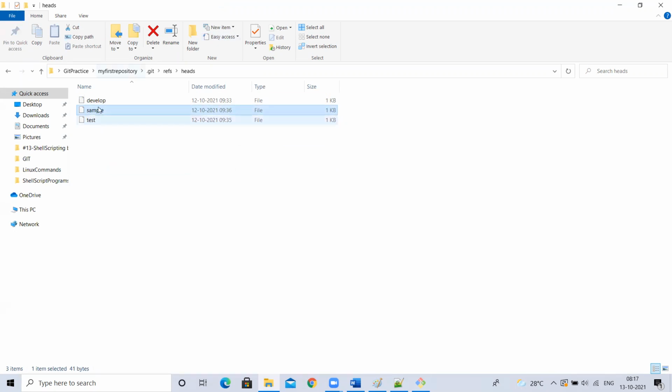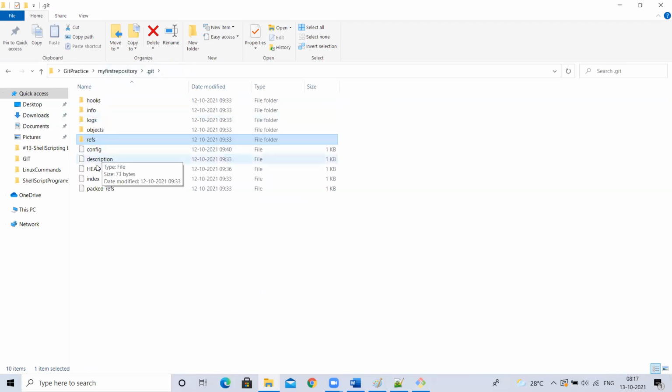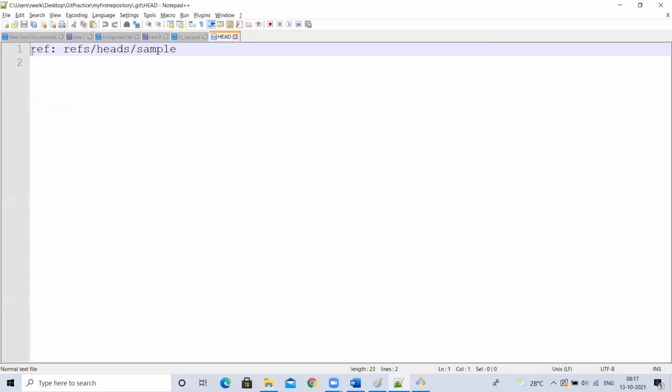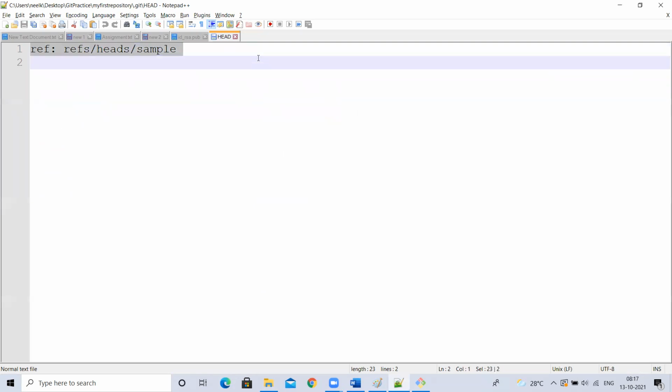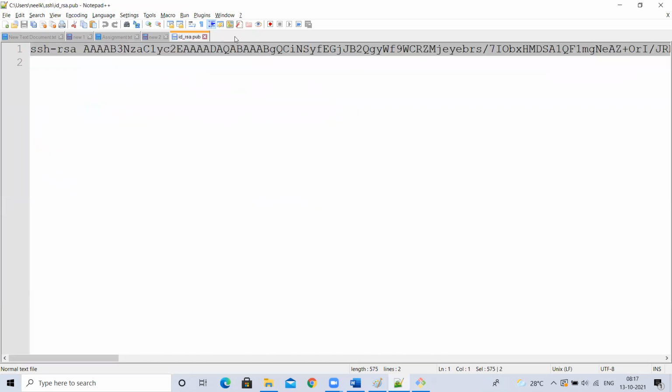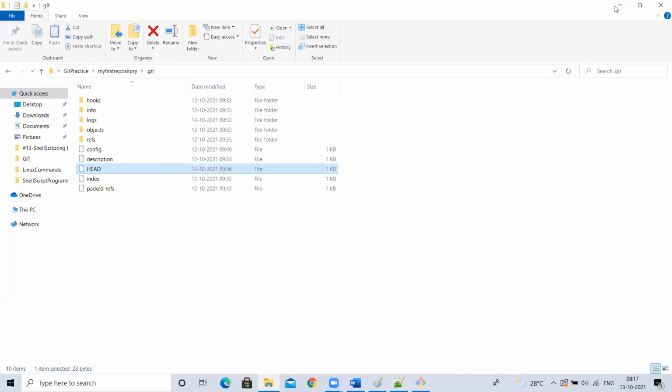If something is wrong, like this file is not having the commit ID, or it is not having a correct commit ID, if I modify that, remove something and add something, making an incorrect commit ID, or if the HEAD file is not having the correct path, and instead of the path it has a direct commit ID number, then it means you cannot use your Git repository properly, meaning it got corrupted.